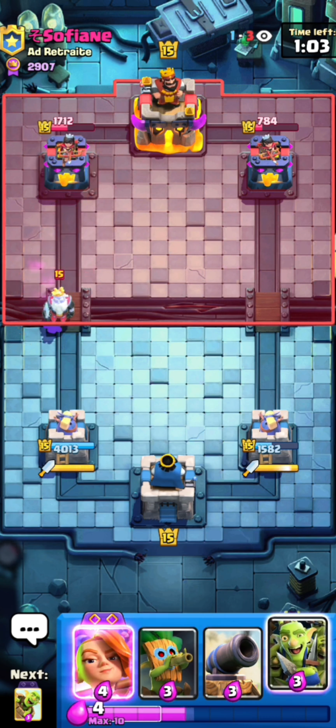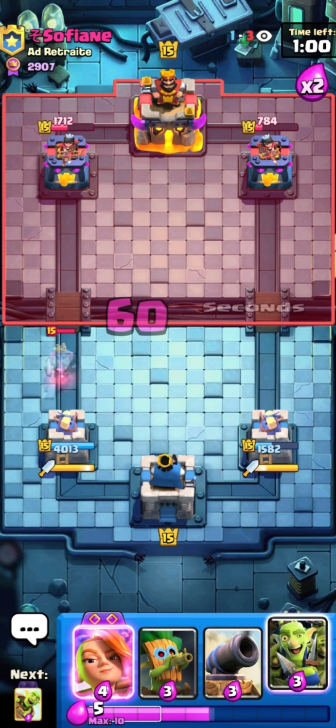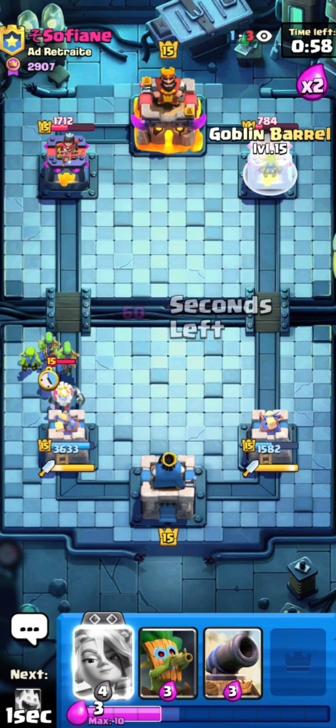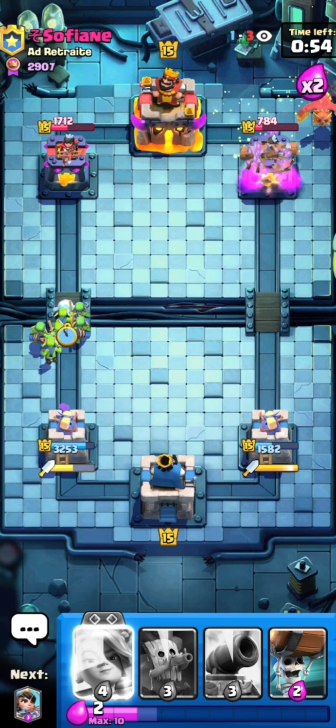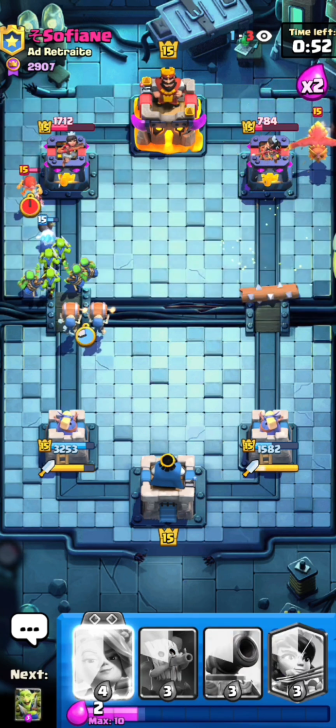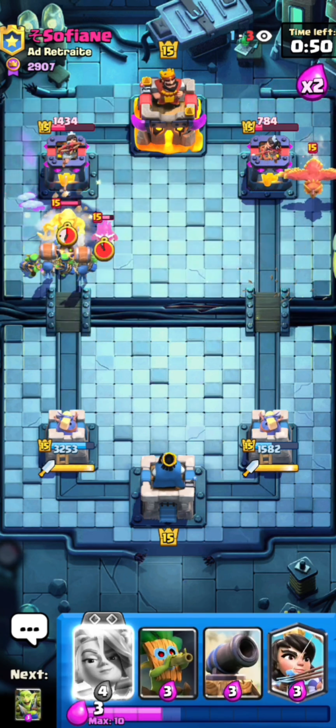Because now look at the situation. Both of his towers are so low. I just need to get one of his towers, and I feel like then it's gonna be almost impossible for him to win. Even in a 1-1 situation, it's good for me even though he's playing Royal Giant, because if his... Wait, that might be...